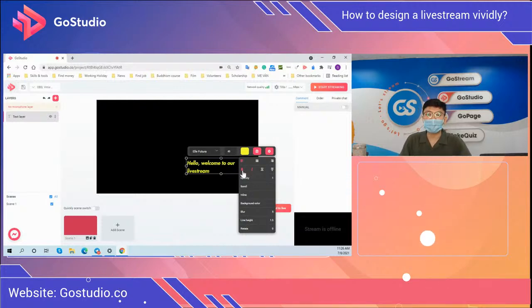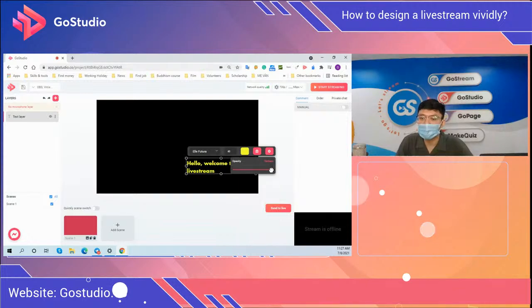It's the same as you doing work when you do it in Microsoft Word. It's the same. So I think you understand about this, right? And opacity, you can choose the opacity to make it here like this,